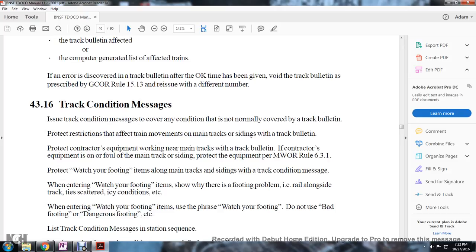Track condition message. Issue the track condition message to cover any addition that is normally covered by the track bulletin. Protect restriction at the effective train movement on the main track or the siding of the track bulletin. Protect the contractor's equipment working near the main track with the track bulletin. If the contractor's equipment isn't on the file with the main track or siding, protect the equipment with the MOWRO Rule